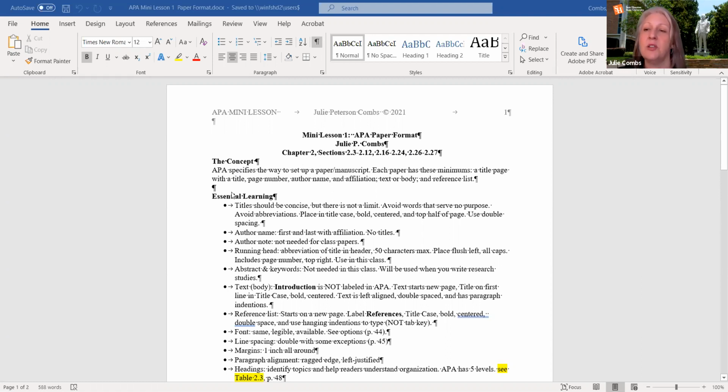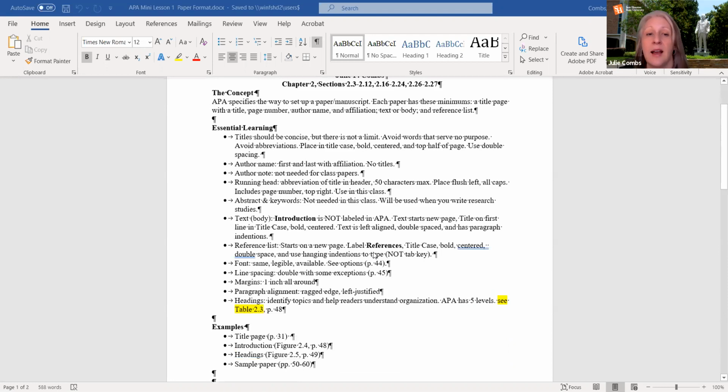And then I asked them to look in the text and find essential learnings. And so sometimes you notice that there'll be page numbers and quotation marks. Sometimes there won't. There'll be directions. So notice on a title page, we do not put our title. Like if we have an EdD or an MA or whatever it is that we have, we don't put those distinctions on the title page. And we talk about why that is, so that students can understand some of the reasoning behind APA as well.